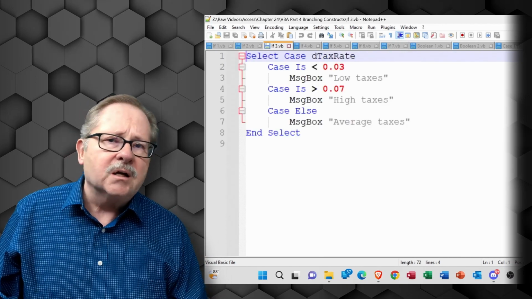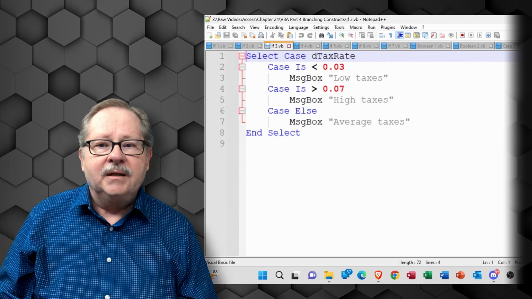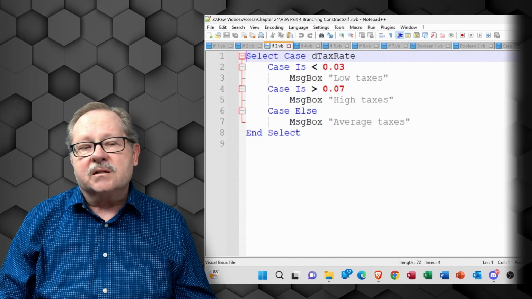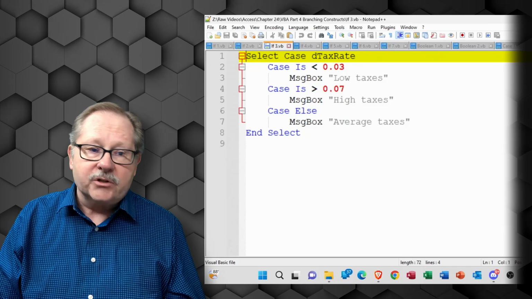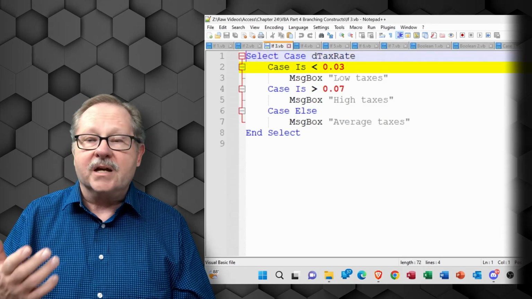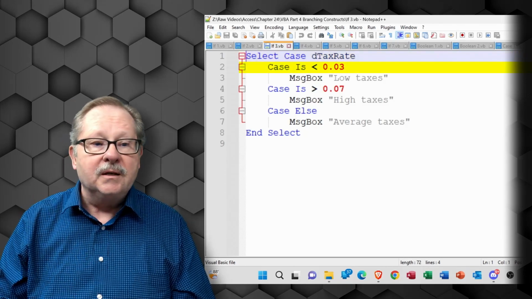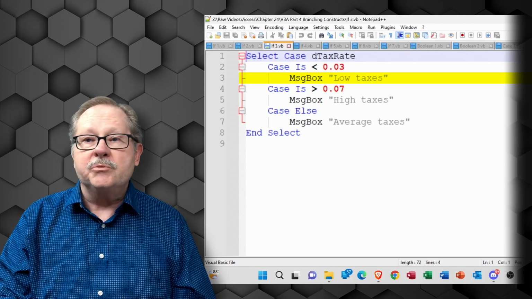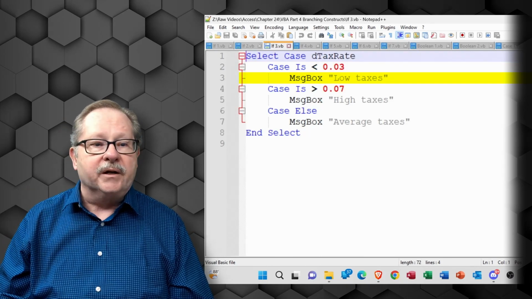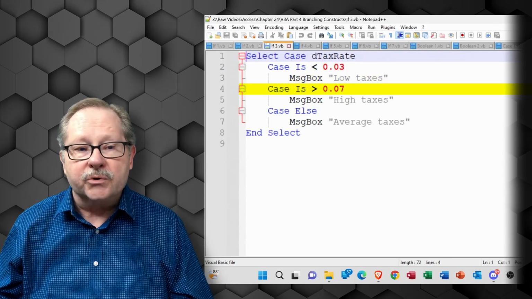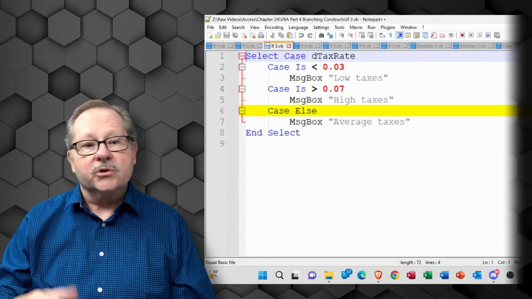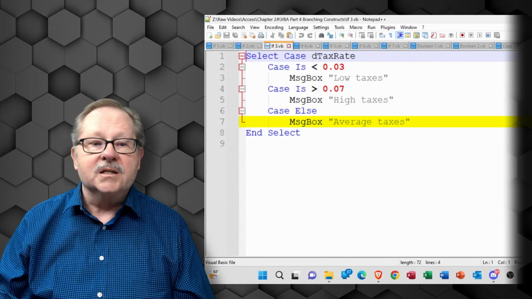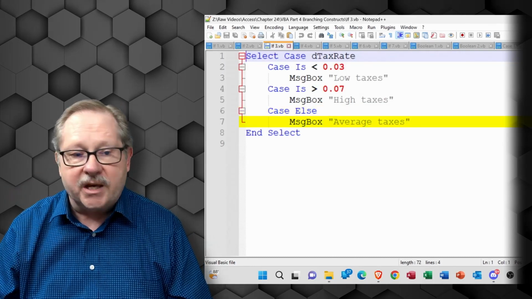The next one I want to talk about is the case statement. Now the case statement looks like this. We're looking at the case being the tax rate. If the case is that the tax rate is below 0.03, then you send a message box that says that there's low taxes in that area. If the case that it's over 0.07, then they have high taxes. And our else statement is going to be what's in between there, saying they must be average taxes if they're